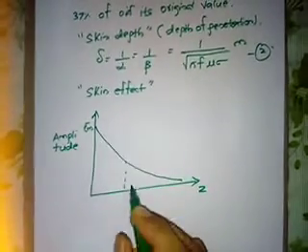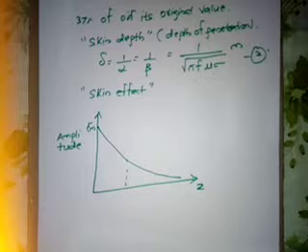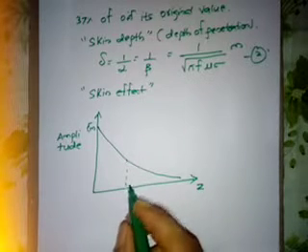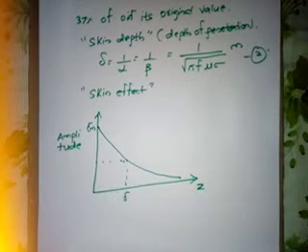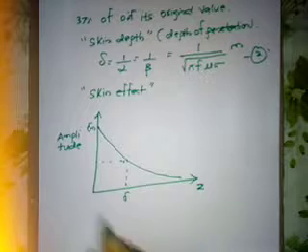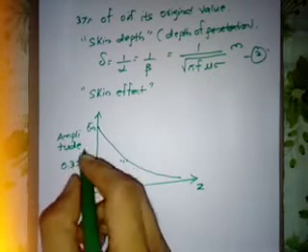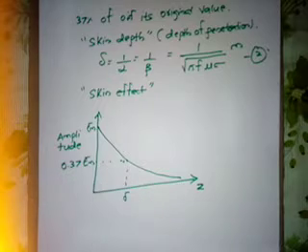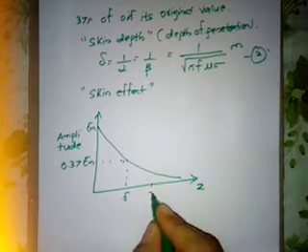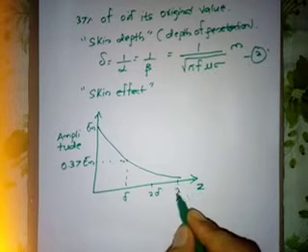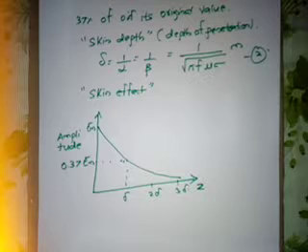At z equal to 1 over alpha, that is, at z equal to delta if we take, then d is equal to 1 by alpha, or d is equal to delta, we get the amplitude as 0.37 times the maximum, right? So that is nothing but our skin depth. Correct? So this is delta, then we can have 2 delta, then 3 delta, which are the distances along the positive z direction. So this is how we get the curve.